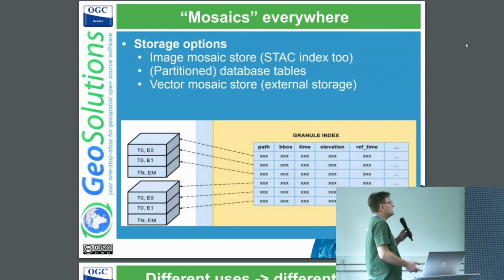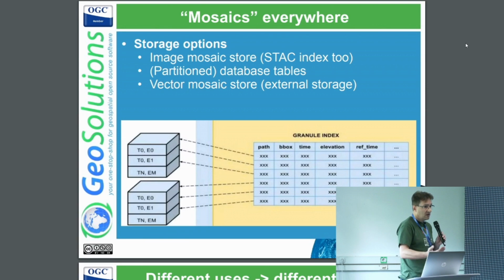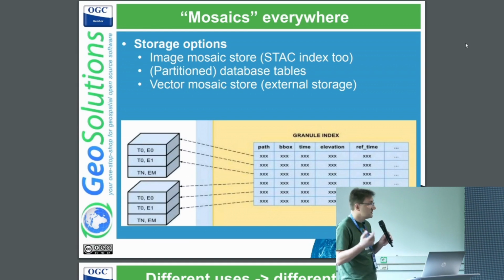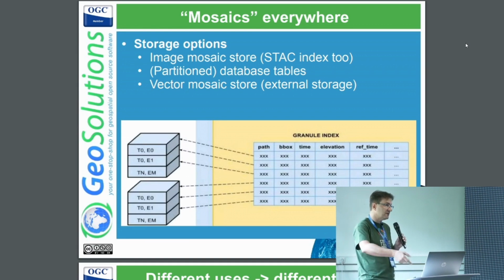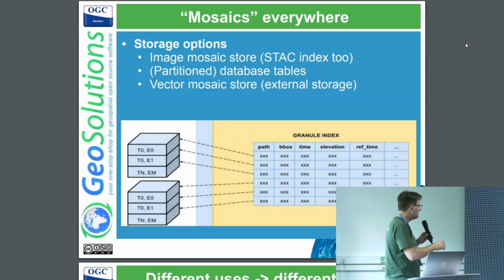So for images, an image mosaic store with a PostgreSQL-stored index table, and you just keep on hitting that table. In GeoServer, the layers remain the same, and the problem is solved. And then you send a time filter, or a SQL filter, to get out the right image that you want. We do it for proper time management,